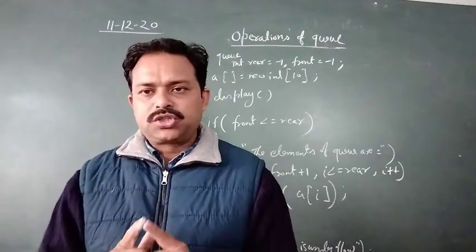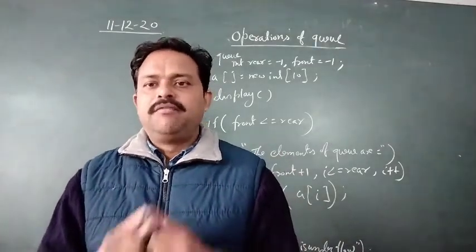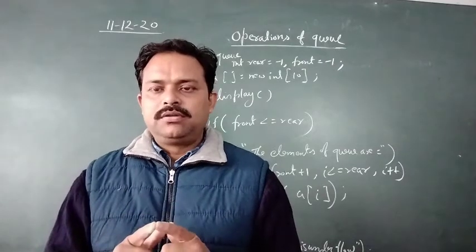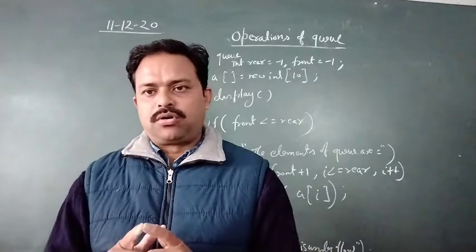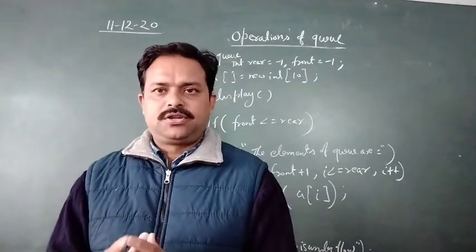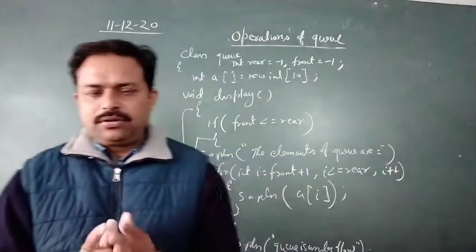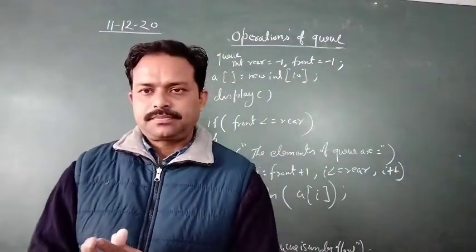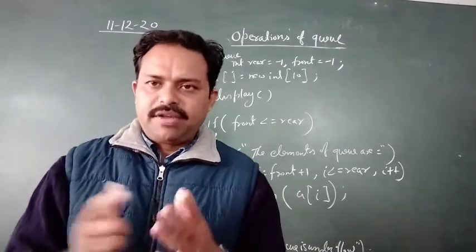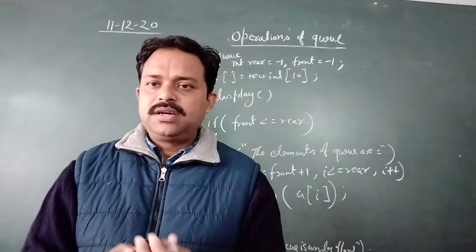Whenever you come to the school, check it on the system whether it is working or not, whether it follows the rule of FIFO or not. First in, first out. So this is about the queue. So two data structures we have discussed, stack and queue. And already I have given the real example of queue also related with the computer.